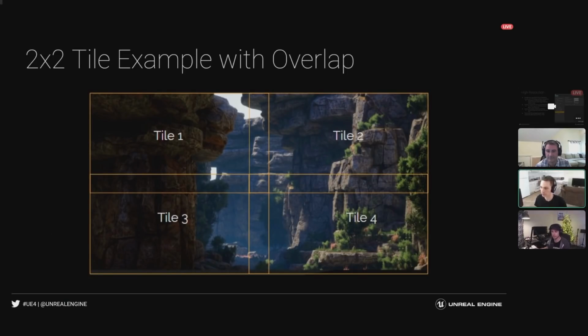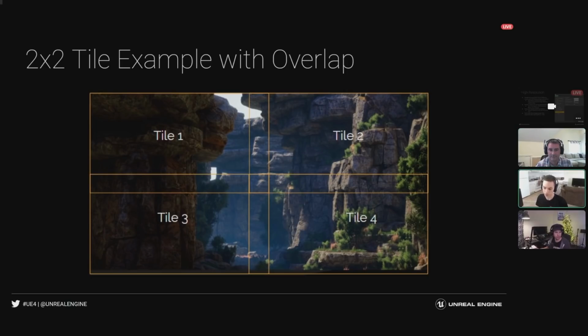So this here is an example of how we do the rendering with the overlap. So again, we render in tiles. For any given output screenshot or output frame, we'll render 1, 2, 3, 4 tiles. And you can see here it visualizes the overlap region. The reason we have an overlap region is things like depth of field will come up with different answers on either side of the seam line, because depth of field does a little guessing near the edge of your screen because there is no information outside the screen. So by doing this overlap and then fading between them, we can usually hide most of the effects.